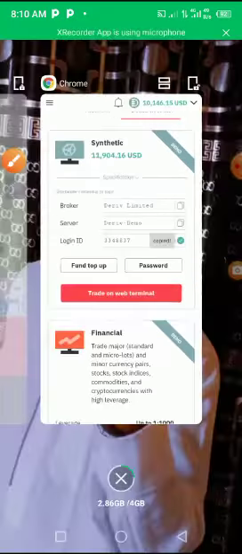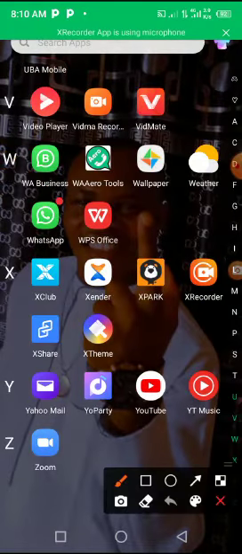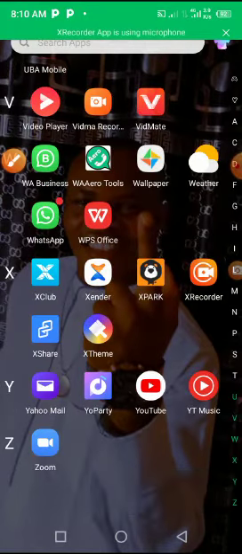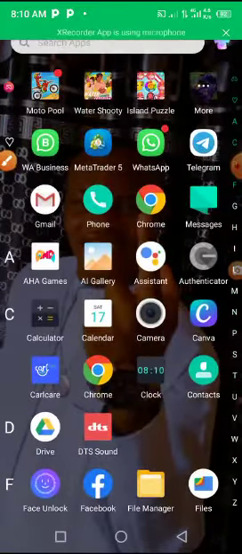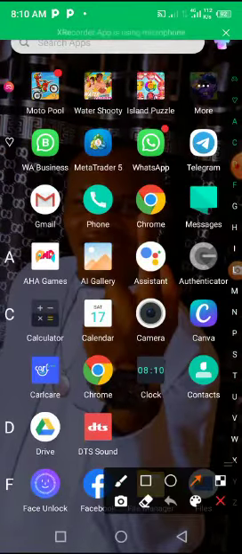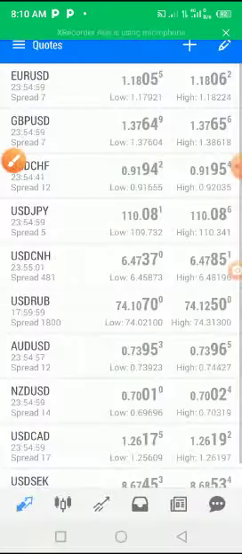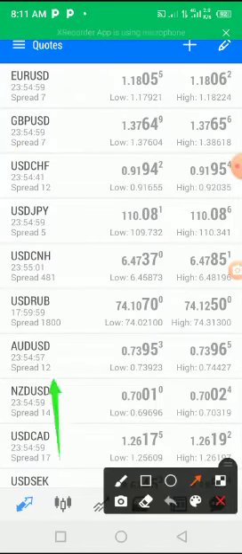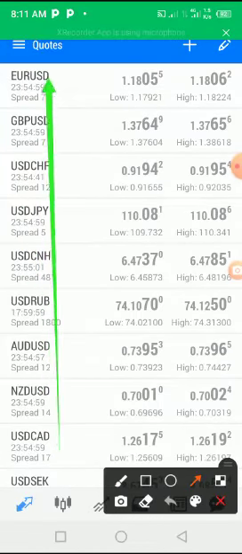Then I minimize. I now go to my MT5. Where is my MT5? You have your MT5. I hope you have downloaded it from Play Store. I said if you don't have it, you can download it from Play Store. Just type MetaTrader 5 on Play Store. Look at it. You will download this thing. So I'm going to click on it so that it will open. You see? The moment you open MT5, currently you will be seeing all this Euro USD, all these currency pairs. That is what you'll be seeing the moment you download it.